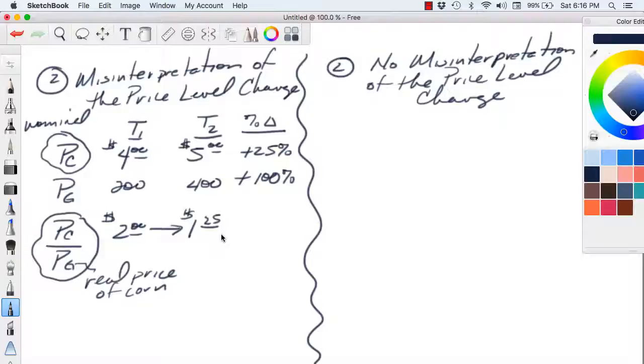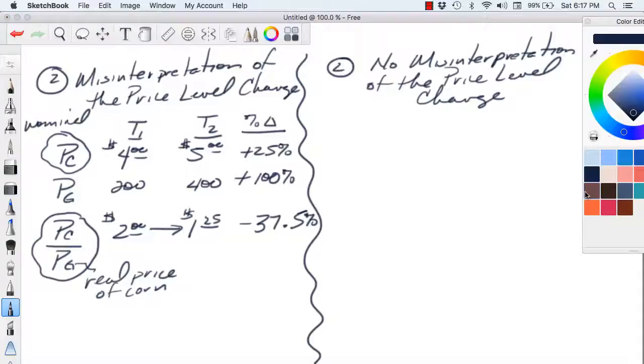So that is $1.25. $1.25 minus 2 divided by 2 equals, that is a 37.5% decrease in the price of corn in real terms. Okay? However, if the farmer misinterprets this, if the farmer doesn't realize that prices have gone up,